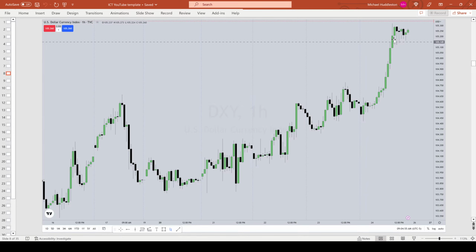So it might run real close to those objectives, and it very well could have easily hit the consequent encroachment, which is that red line up here, that dotted one, the midpoint of that daily wick. The fact that it failed to confirm the higher high and lower low in dollar and S&P, and I'll show you what that looks like. Okay, I'm going to show you where it occurred, what it looks like, and all that business.